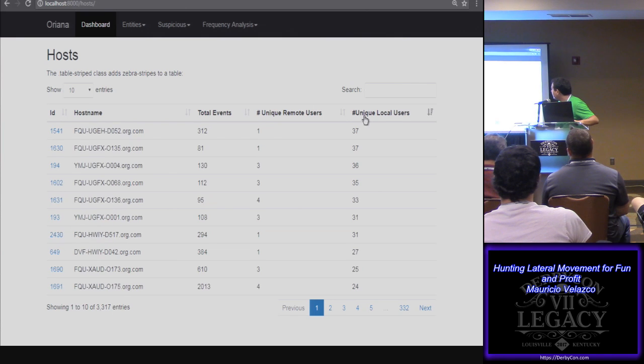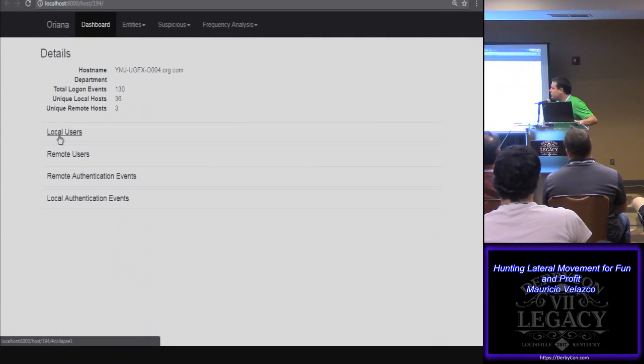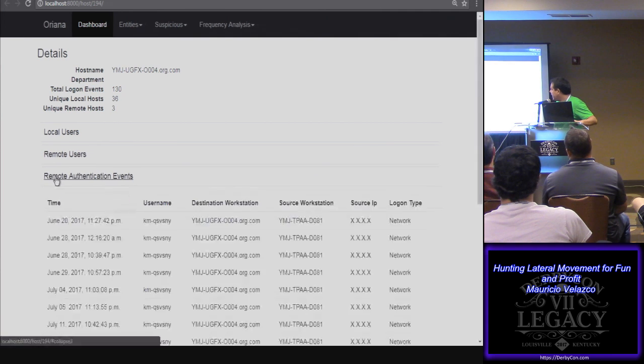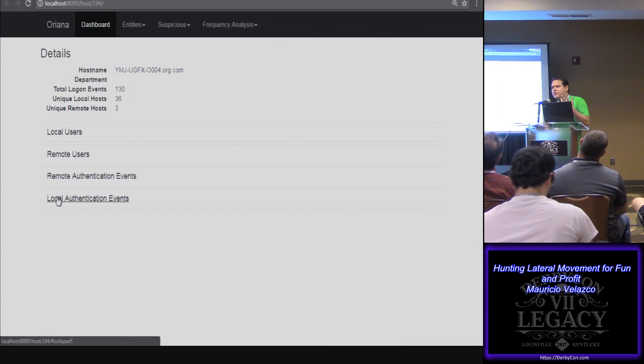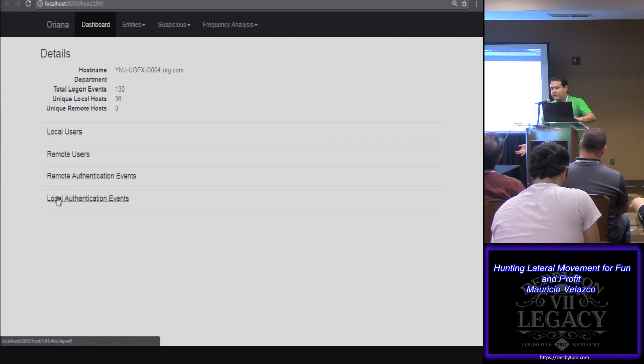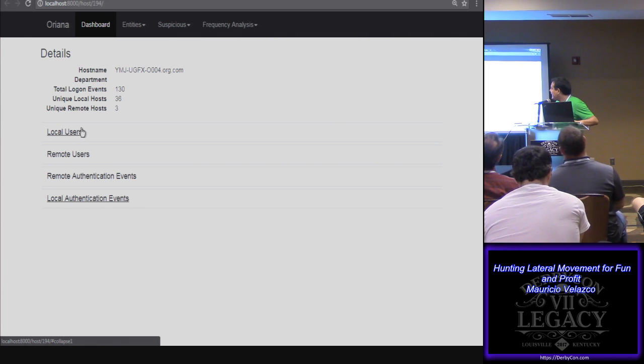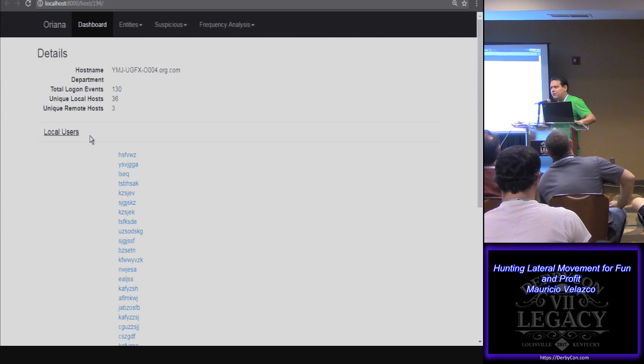You can do the same for local users, for example. Hey, why does this host have 37 local users? And of course, conference rooms and kiosks, things like that, right? But you get to ask some interesting questions. Now, if you're curious about a particular host, you can just click on it, and it's going to give you the local users that connected to it uniquely, the remote users, and then the remote authentication events and the local authentication events. So now I have a really interesting picture of a host and who's connected to it, right? This is simple, and like I said, this is all pivotable. I don't know if that's a word, but